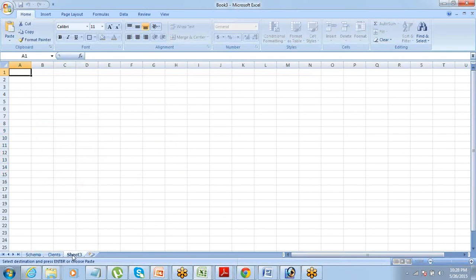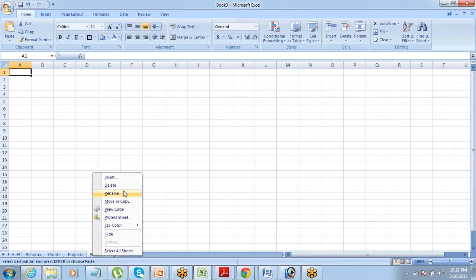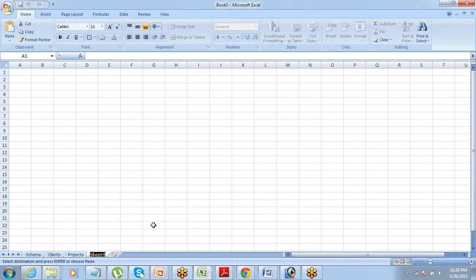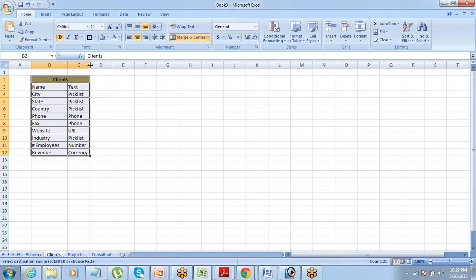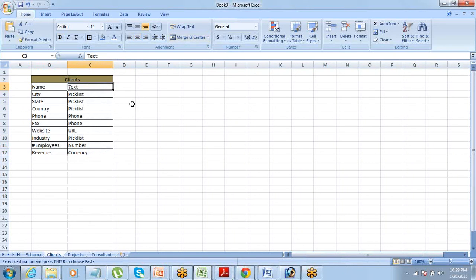Clients. The other one will be for projects. The other one will be for client project. The other one is for consultant. Okay. So let's say this is a client object, client page. Okay. So one dedicated page to this.